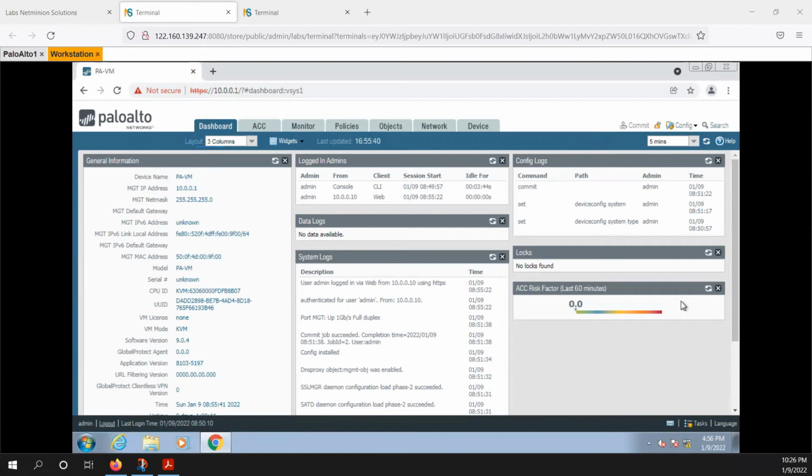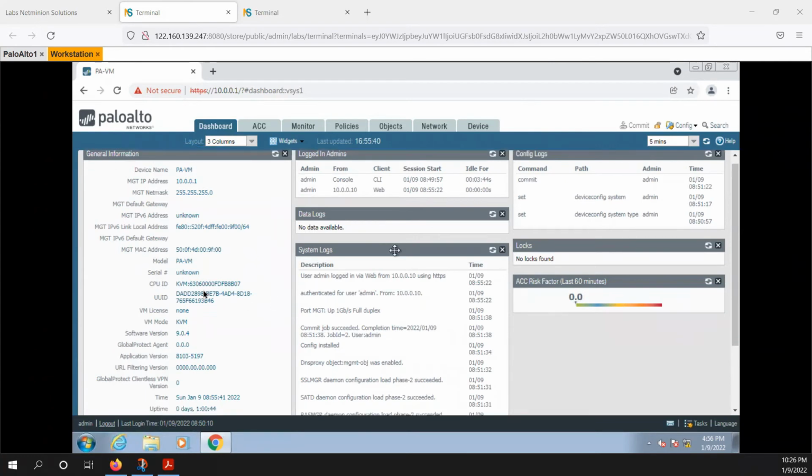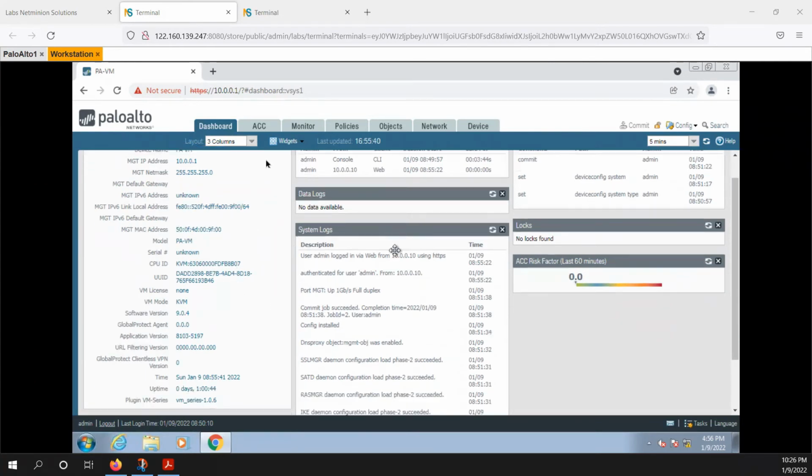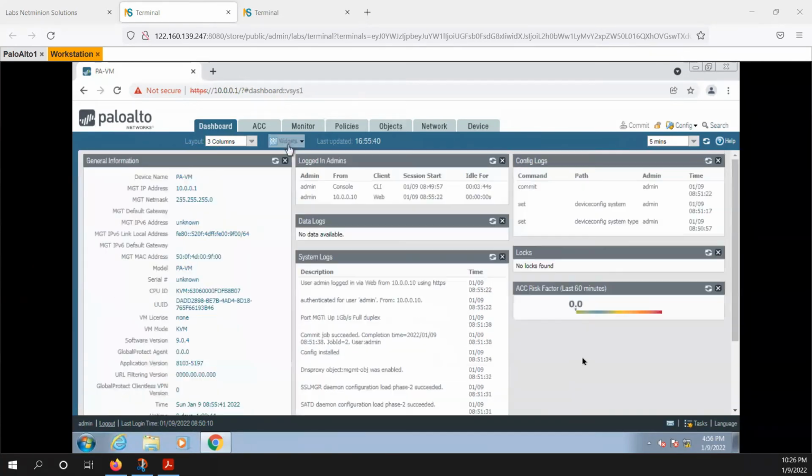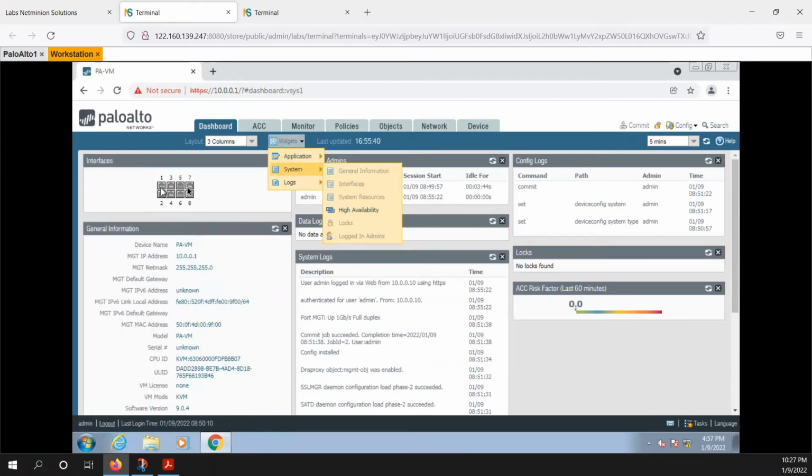For example, I'm going to show you some more widgets. We have a few pieces of information here, but I'm going to add one more widget. Let's go to widgets and click on application. If you want to see top applications, we can add it. If you want to see the interface details, we can click on the interface option and it would show the interfaces as well. We have overall 8 interfaces in this Palo Alto firewall, and all the interfaces are currently disabled, not enabled.